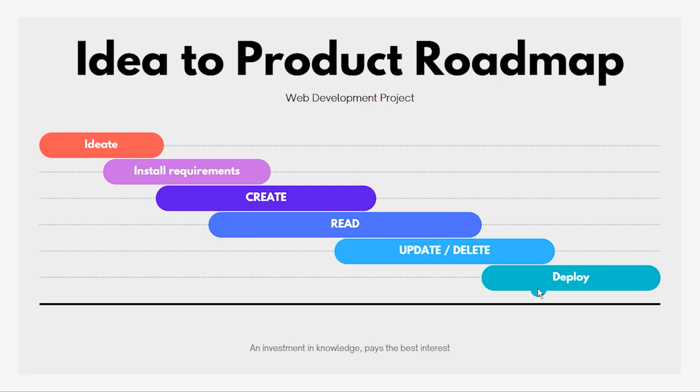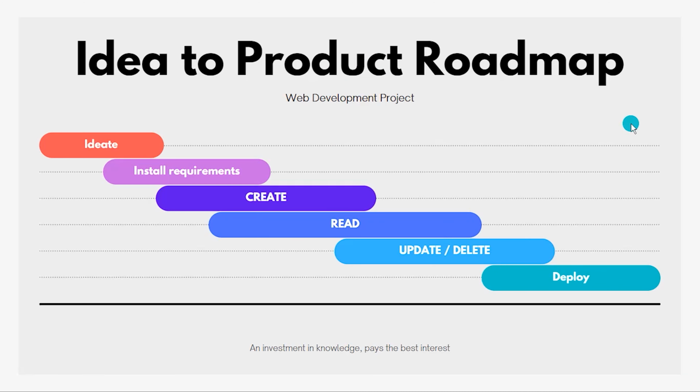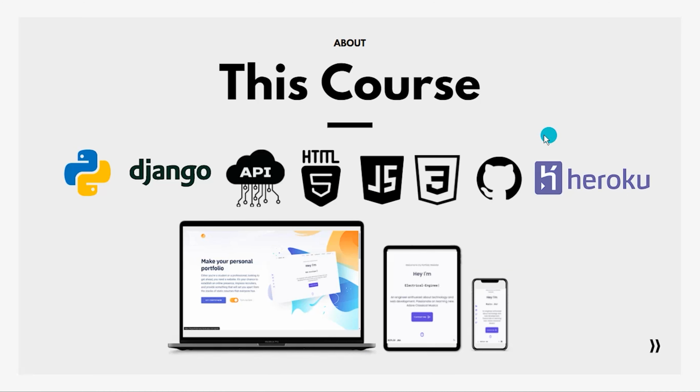Finally, a project is not complete if it's just you who can see it. The project will be complete only if someone else gets to see it, someone's third eye gets to critique it, or someone gets to see how your project is looking. So we'll be talking about deployment, we'll be talking about hosting, we'll be talking about writing your proper Git requirement, Git readme, or giving a proper direction. So everything about that will be included in the idea to product roadmap. So this will be the basic route for web development.